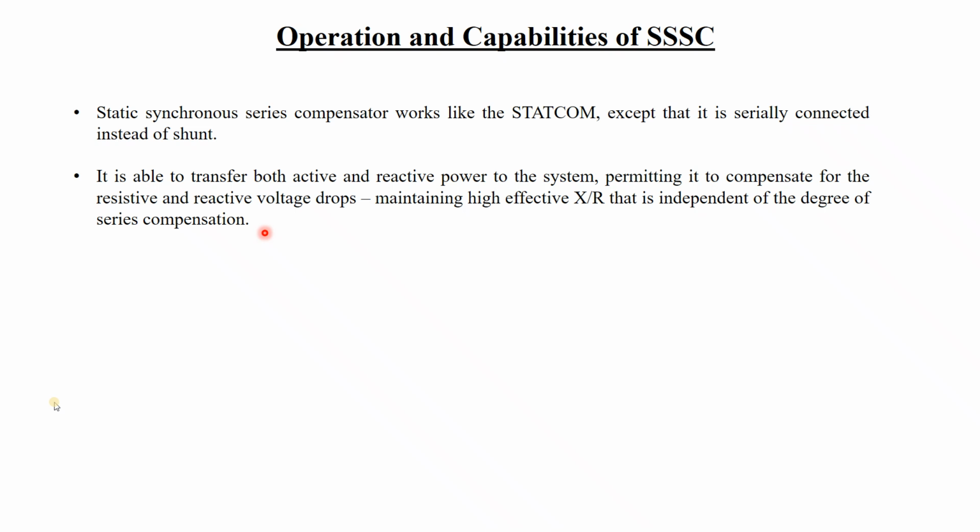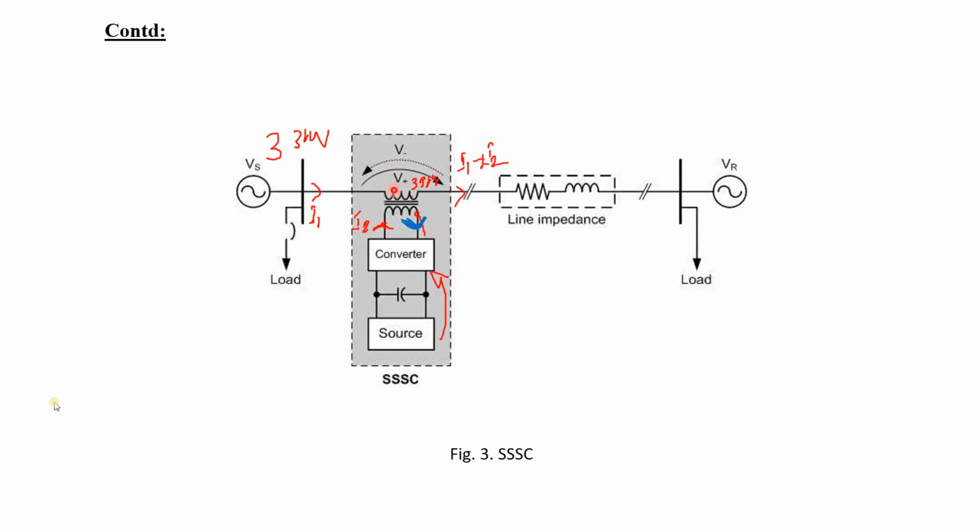That means the voltage drop, since it is connected in series, so it will contribute towards the voltage drop. If I go to the figure once again, it is connected in series, so it will contribute to the voltage drop. Now if the active power demand is more, reactive power demand is more, then it is creating a voltage drop like a capacitor in series. So it is acting as a capacitor in series, so the line reactance will also change, isn't it?